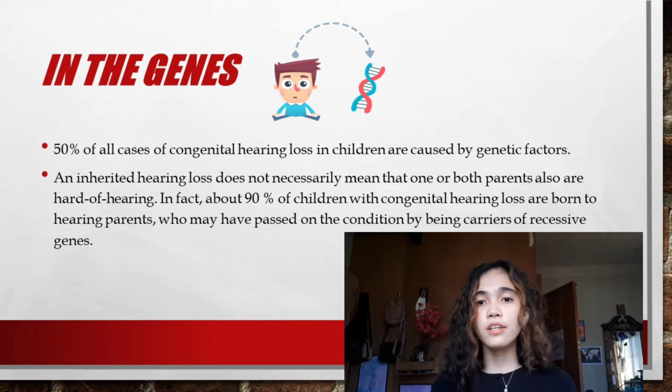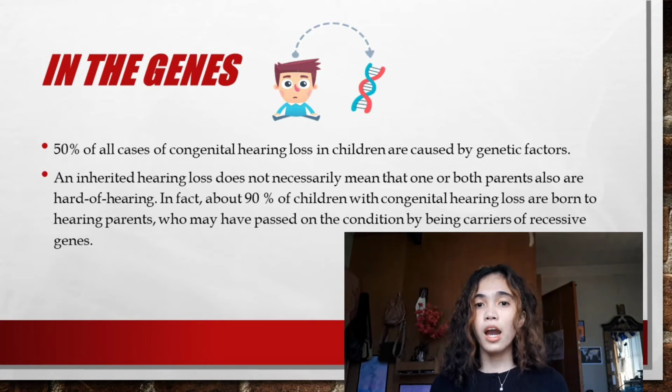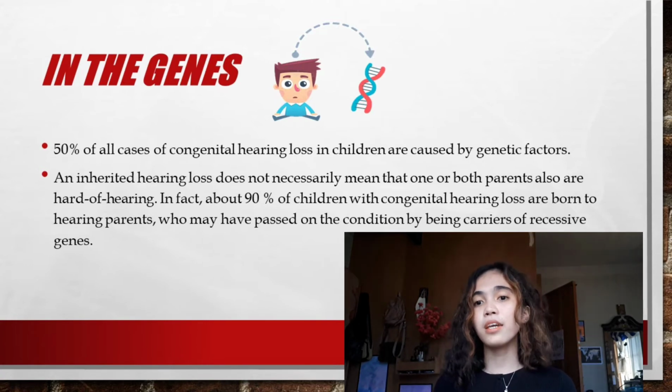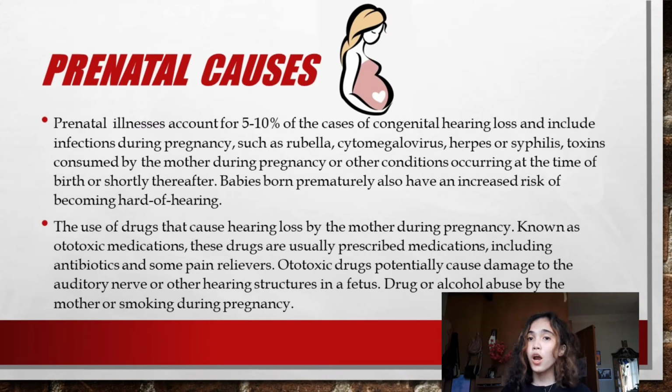An inherited hearing loss does not necessarily mean that one or both parents also have difficulty hearing. In fact, about 90% of children with congenital hearing loss are born to hearing parents who may have passed on the condition by being carriers of recessive genes. Hearing loss can be inherited or can be caused by illness or injury, for example in the prenatal stage of the mother. Prenatal illnesses account for 5 to 10% of the cases of congenital hearing loss and include